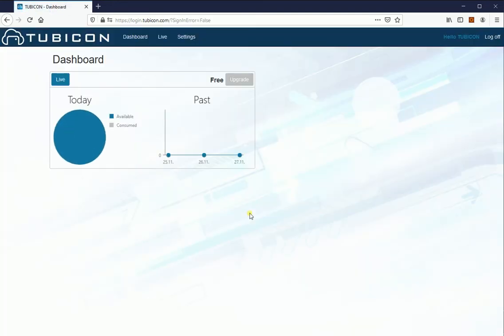Now you're inside the TUBICON, and if you have the free edition, then of course it will be displayed also here. This dashboard also gives you some information about how much time you used for today and in the last 3 days. The first step you should provide if you want to stream to Facebook live, you have to go